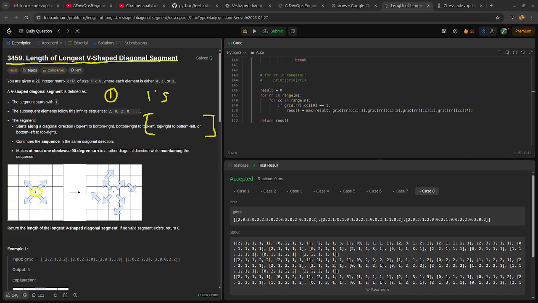So if it is a 1, we have an array to record the length of the path for each direction. Initially, the 4 directions are all obviously 1, 1, 1, 1. If we can count these 4 numbers for each element in this grid,